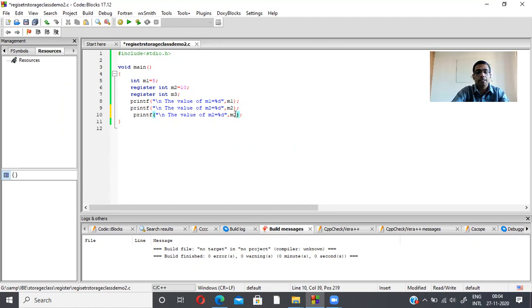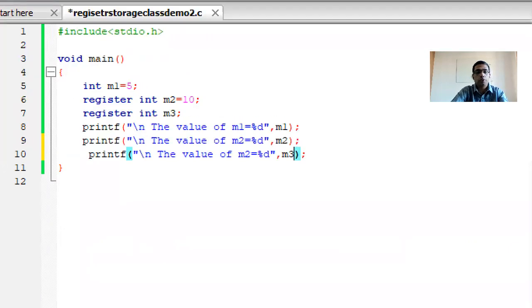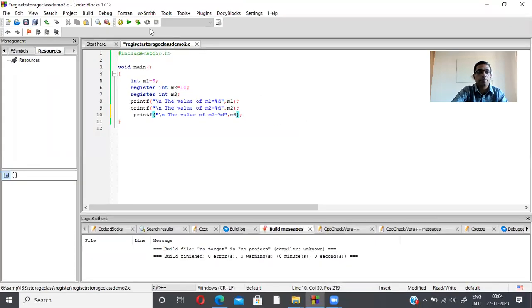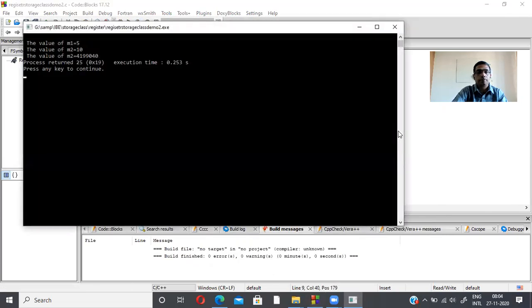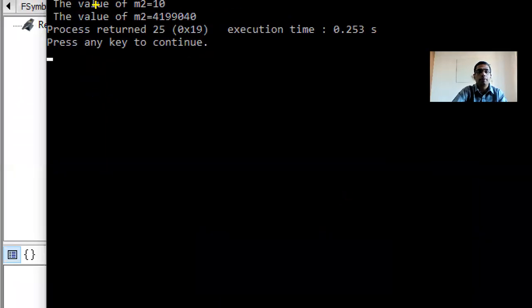I'm not initializing any value. As we discussed in the previous example, it will show a garbage value. I'm compiling it. Yes, the value of m3 is not initialized, so it shows a garbage value.